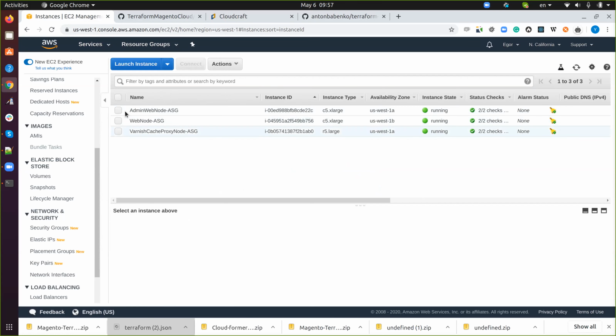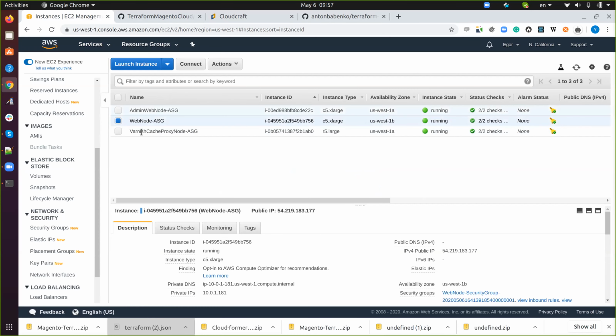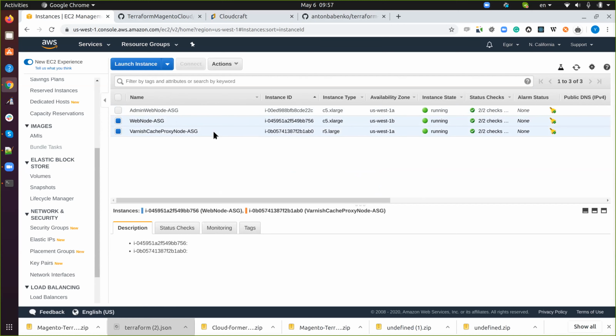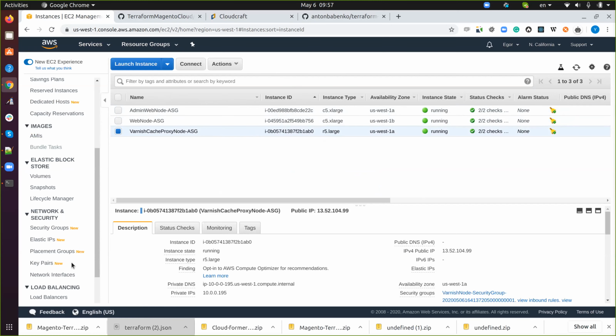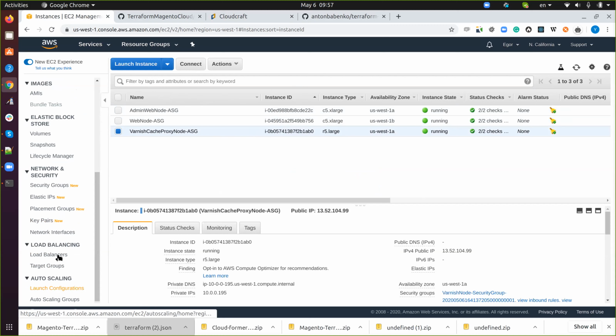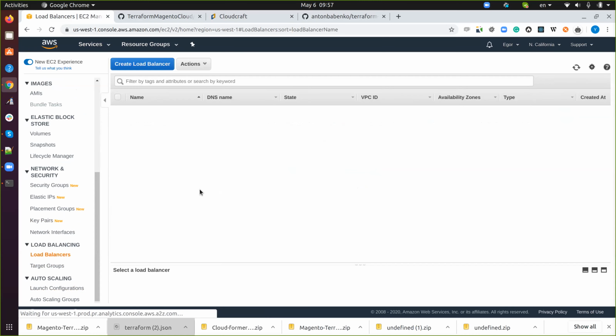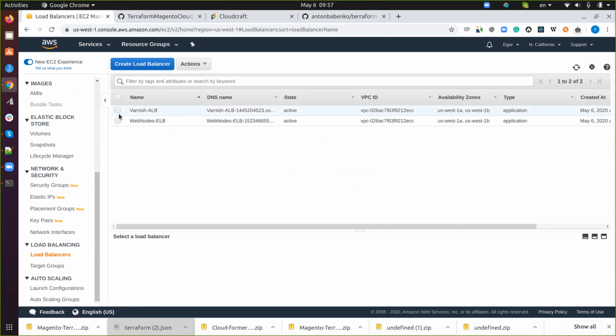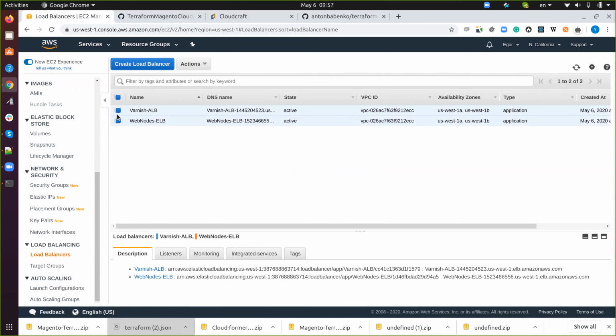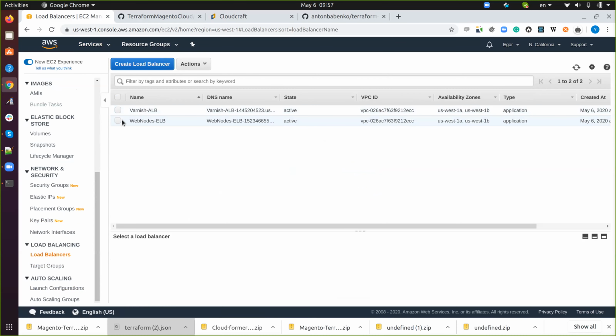We have admin web nodes, we have web nodes, and we have a Varnish cache proxy, yeah, R5 instance, and also we have load balancers. Here we have the Varnish load balancer and the web nodes load balancer, so all infrastructure is ready, but